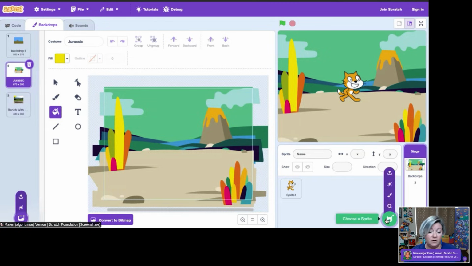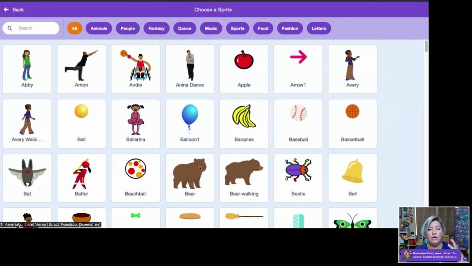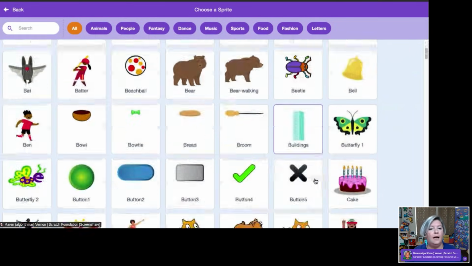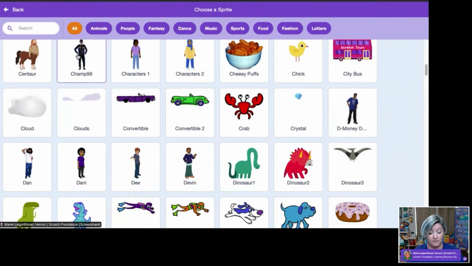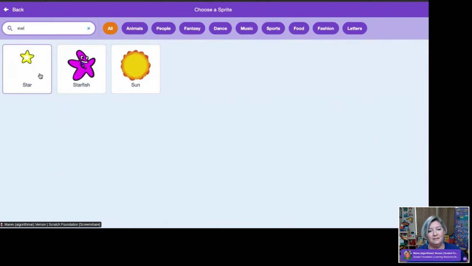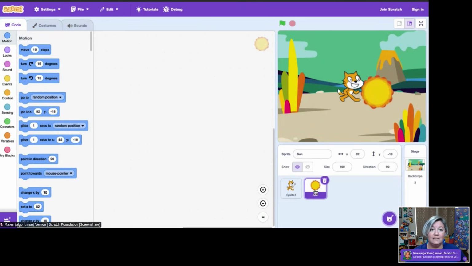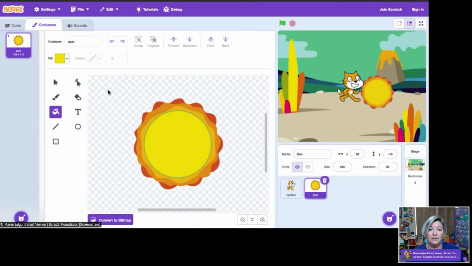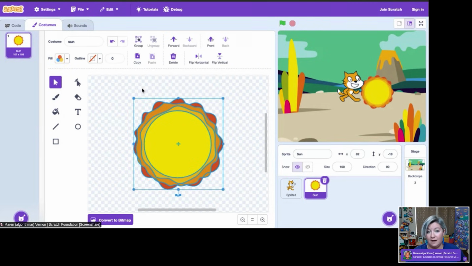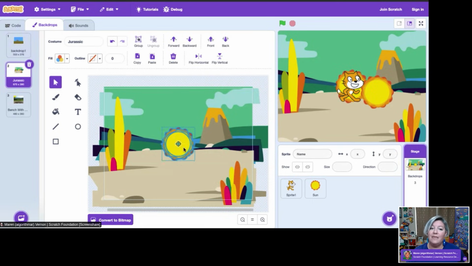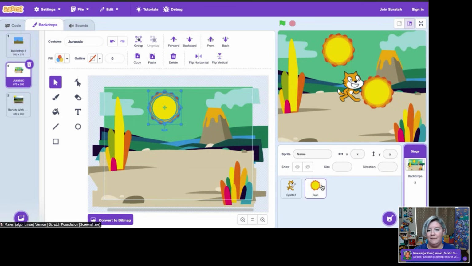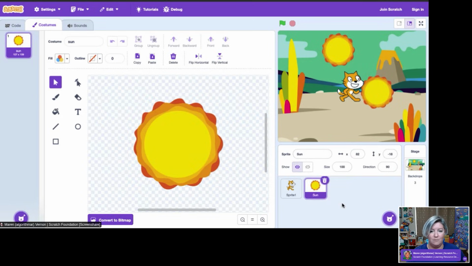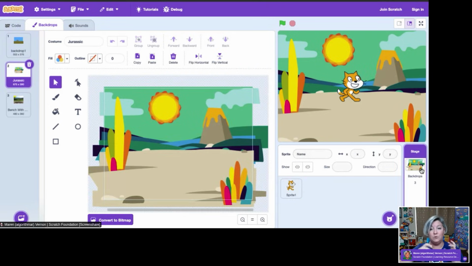So, for example, if I'm down here in the sprite menu, I could actually choose something from here. Let's go with, I know that there's a star in here. So let's go with, oh, here, let's take the sun. So I might choose this sun costume. And what I can actually do is use the selector tool to grab this costume, copy it, go back to my backdrop, and paste it in. And there I've used a sprite costume, but I've added it to my backdrop. And then I can just remove the sprite here. Don't need that anymore. So that's one way that you can also use various vector elements from the different libraries together.